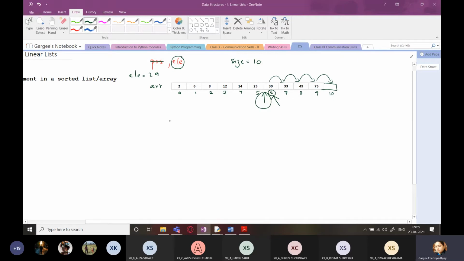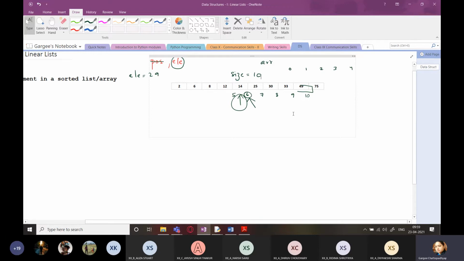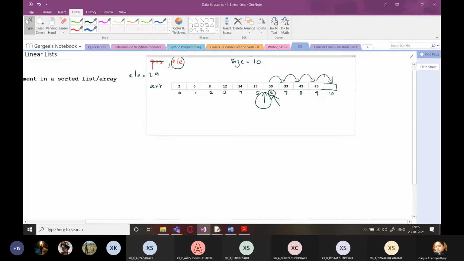For shifting of elements, we already have reached this position. I am going to first remove these things. It's difficult to remove, doesn't matter. So now I'll start like this.